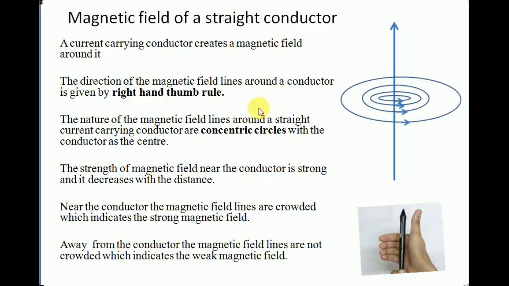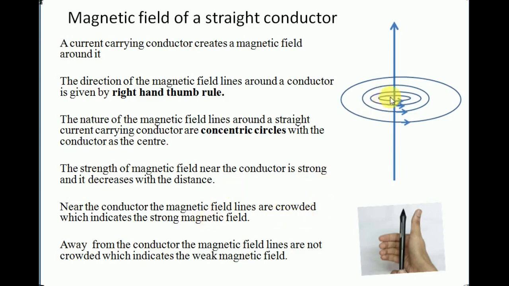So these are the facts about the magnetic field of a straight conductor. So current carrying conductors create magnetic field around it. So direction can be found out using right hand thumb rule, and the nature of magnetic field lines are concentric circles. You can see circle over circles, and the center of each circle is the conductor, and the strength of the magnetic field near the conductor is strong. As you can see out here, there are more magnetic field lines,